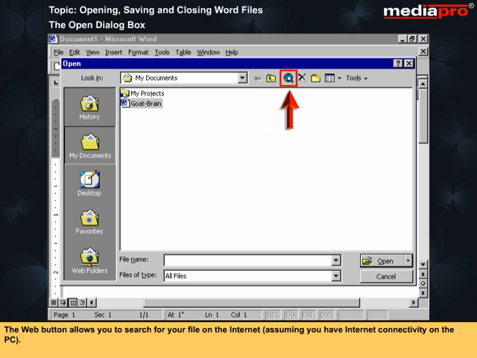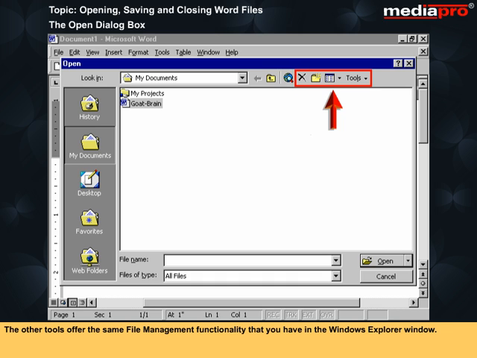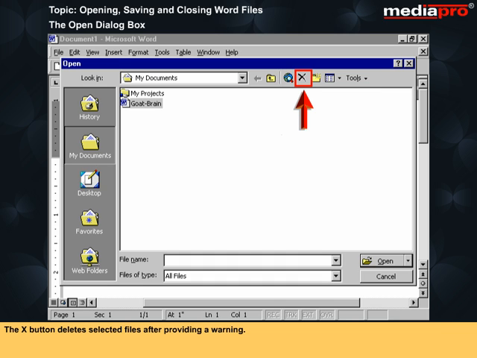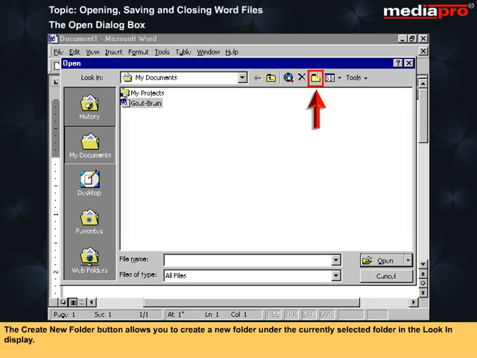The Web button allows you to search for your file on the Internet, assuming you have Internet connectivity on the PC. The other tools offer the same file management functionality that you have in the Windows Explorer window. The X button deletes selected files after providing a warning. The Create New Folder button allows you to create a new folder under the currently selected folder in the Look